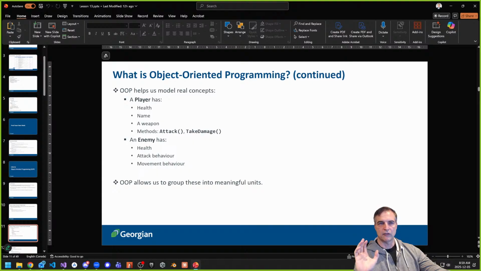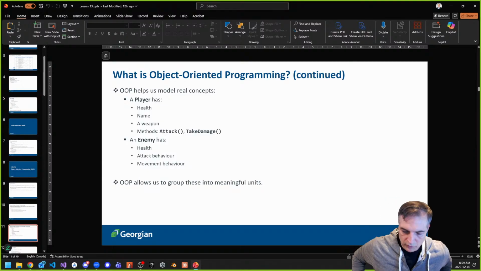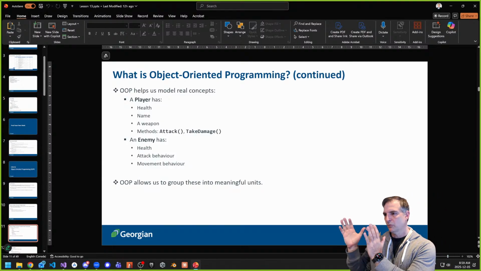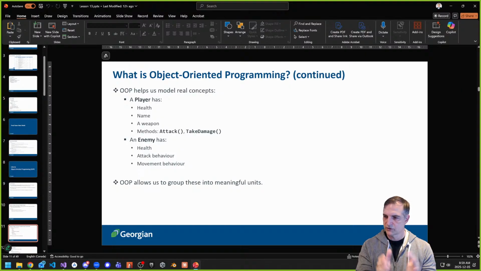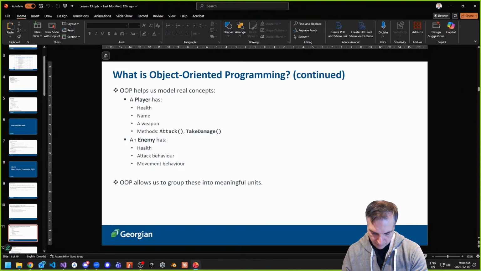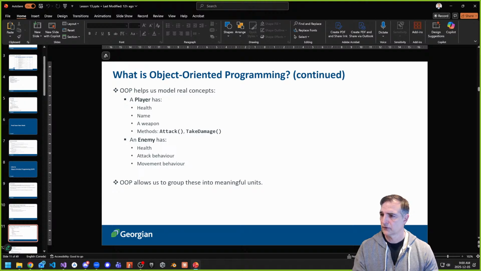All these things are examples of wanting to model real world objects. The idea is putting together something in my mind that's in the real world, and I want to take that real world stuff and duplicate it in code somehow. So OOP helps us do that more than anything else. That's what it allows us to do. It allows us to look at the world, look at those business rules or requirements that we see in real world scenarios, and then try and match code to those scenarios. That's what it does.